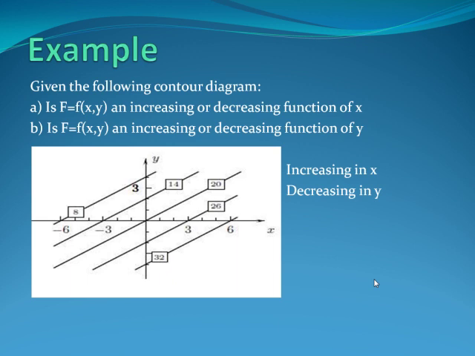So for part A, if we're trying to determine if it's an increasing or decreasing function of x, what that means is we want to know what's happening to the function values as x increases. So that means we're going to pick a value of y to fix. So let's just pick 3. So here we're going to move along the x-axis and see what happens to our f values. So at 3, the first f value that we hit is this line that's 8, the 8 line. As x increases, we then hit 14, we then hit 20, and then we'll hit 26 if